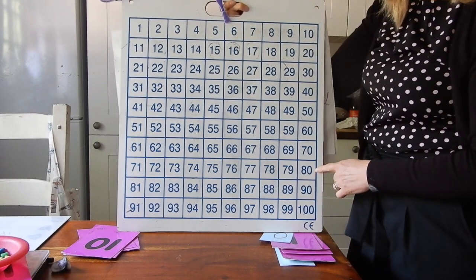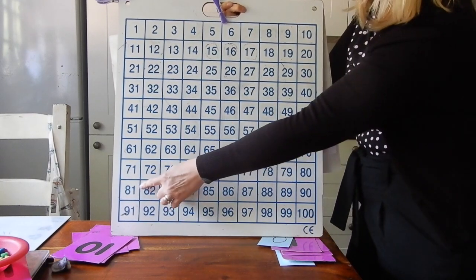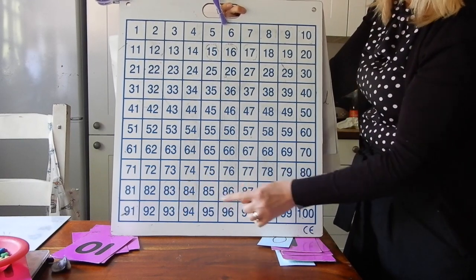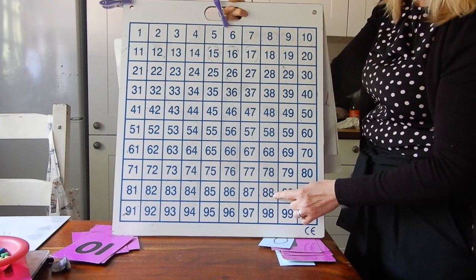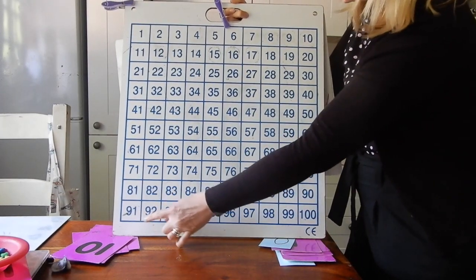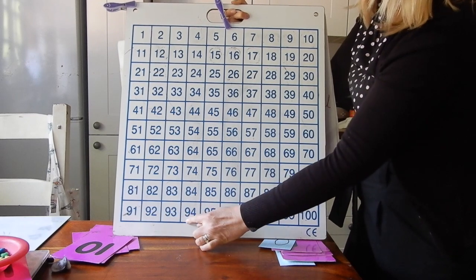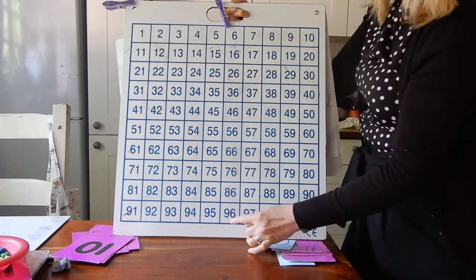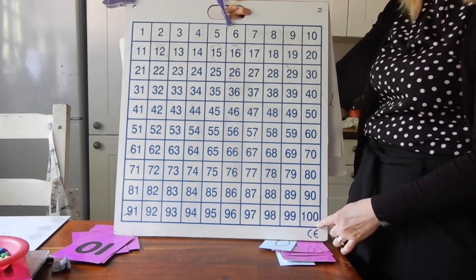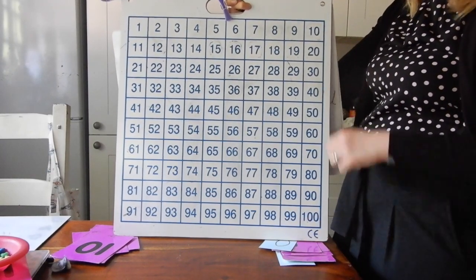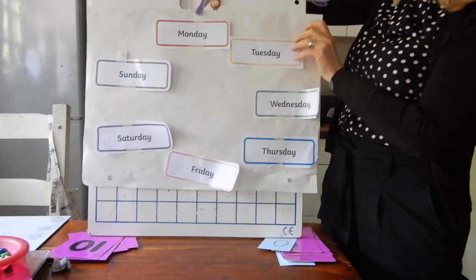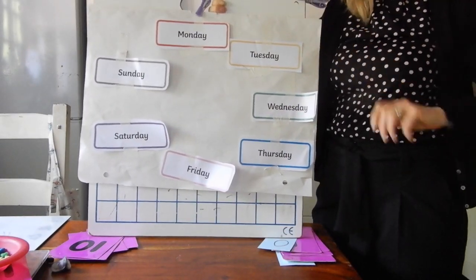You can still see this okay. 81, 82, 83, 84, 85, 86, 87, 88, 89, 90, 91, 92, 93, 94, 95, 96, 97, 98, 99, 100. Excellent counting. Well done. Let's flip my board over, for on the other side I magically have the days of